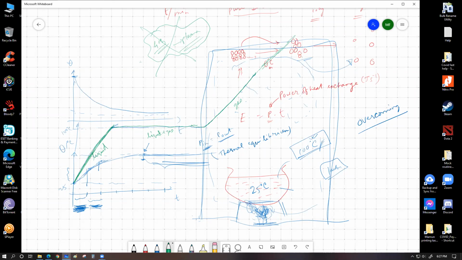So lastly, to summarize the whole discussion, number one, a horizontal line in the temperature-time graph does not essentially represent a state change. It could represent thermal equilibrium. When it would